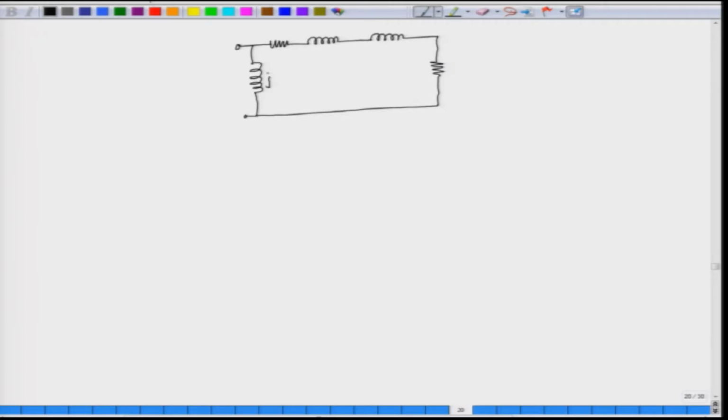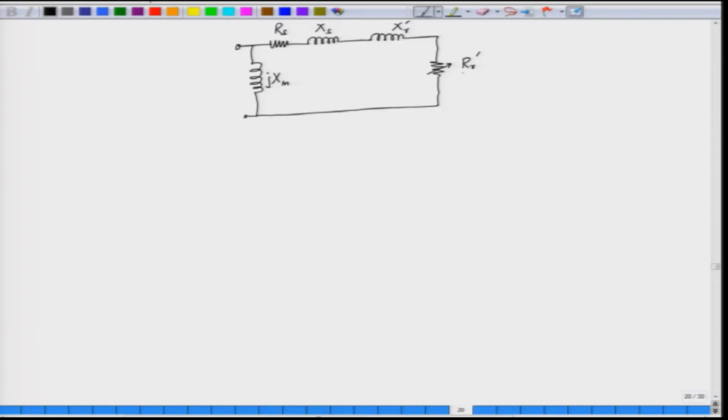So, this is jXm, and this is the stator resistance, the leakage reactance of the stator, the rotor reactance referred from the primary side,